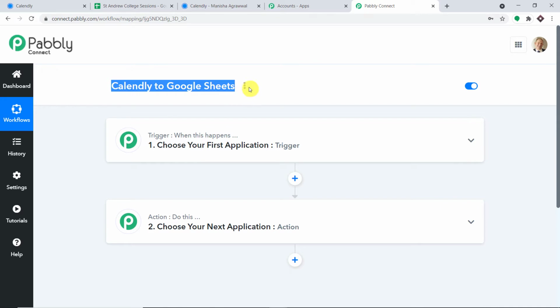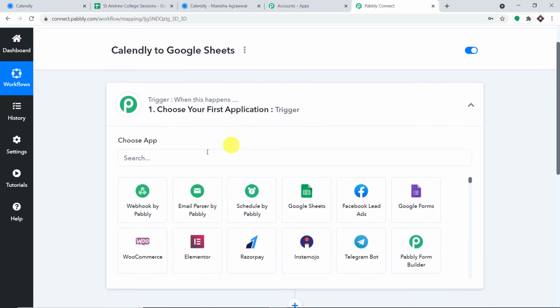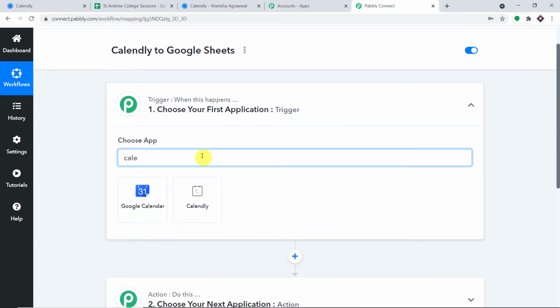Now there is something I have to tell you. Using these two windows, we are of course creating a workflow to integrate Calendly to Google Sheet. This workflow will be added in the description box so that you can clone it and directly access it in your account. So you can just begin your automation journey right now. Okay, so we have the trigger event. We are going to select the choose app as Calendly. Calendly it is, this one.